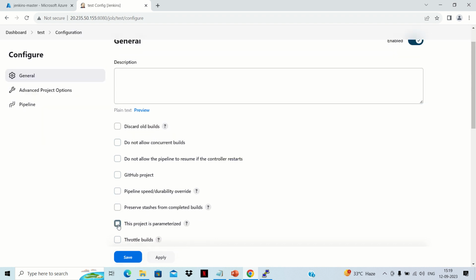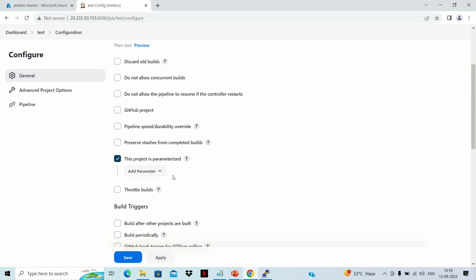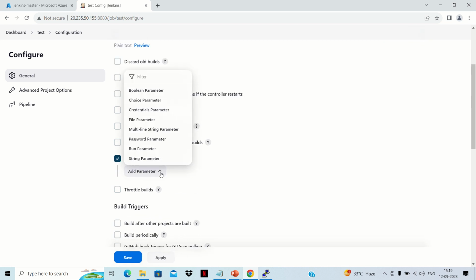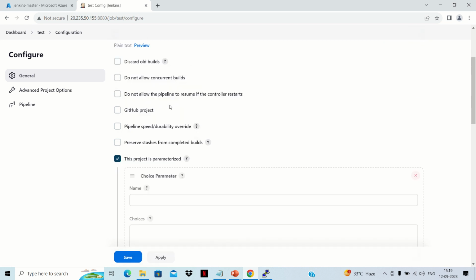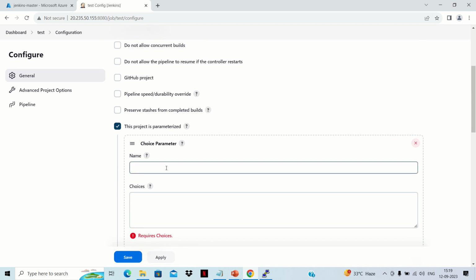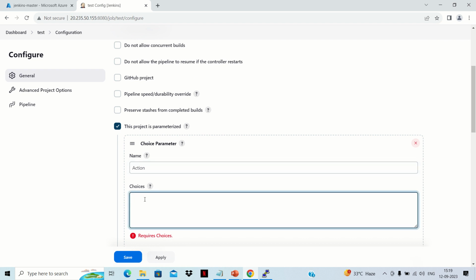Okay, so now in this section we need to firstly go to this particular option, that this project is parameterized. We need to select this option, and here we can select the parameter. So we'll go with choice parameter. In choice parameter, the name we can give similar to what I was discussing in our slide. So I'll give the name as action, and its value will be